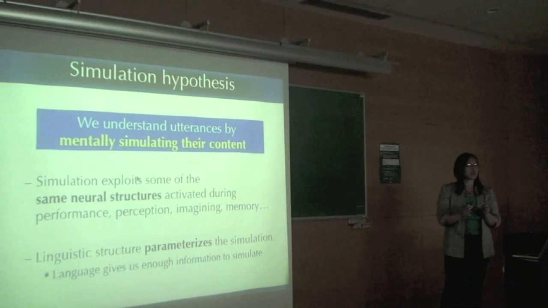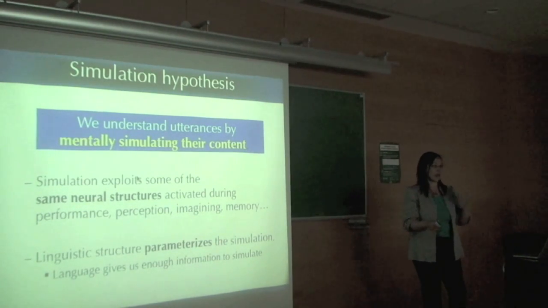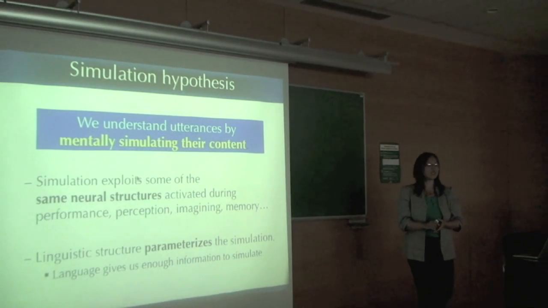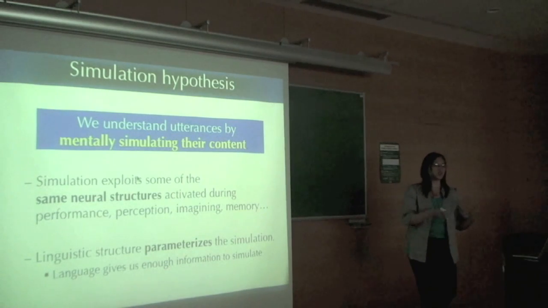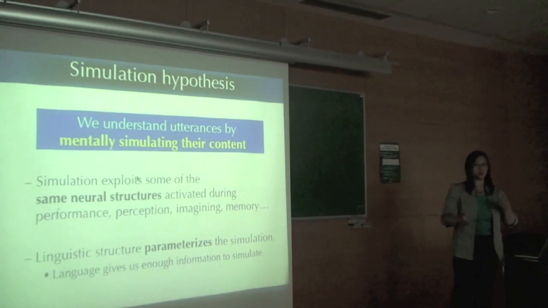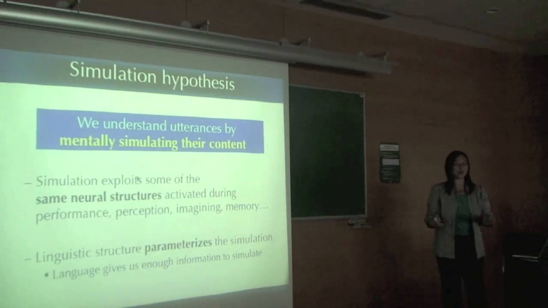And language doesn't necessarily consist only of those neural structures. There's, of course, more structure that we know: all the studies of grammar, the patterns that we've picked up. But at least it somehow evokes and taps into and uses those other structures, and then you know what kind of thing you're talking about, and then you can use those structures and draw inferences about likelihood of falling down, or likelihood of falling asleep, or that kind of thing. Okay? So feel free to ask questions if something is unclear, especially if I'm going fast.